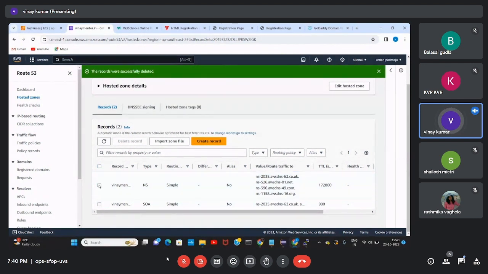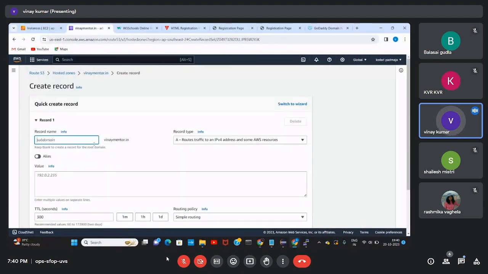Okay, now previously I have created this hosted zone, right? Now I'm creating a new record. This domain name is constant. Before it you can give whatever you want, even www, or if you want web, you can give that. As of now, I'm giving www dot. There I need to enter my IP address. By default, you need to give an IP address.